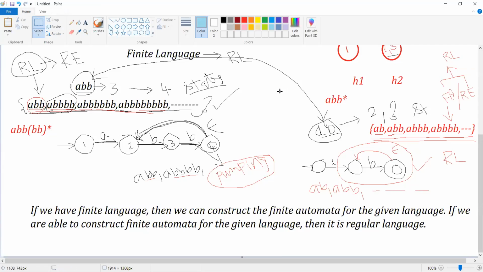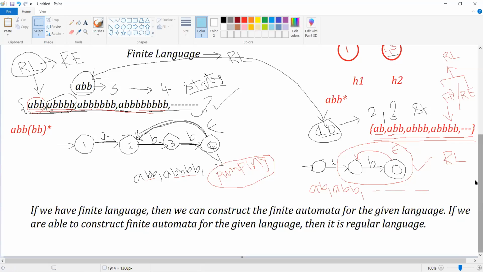The thing I want to tell you is that when we have infinite languages, depending on the length of the string, if you want to accept a string of length n, you can't design a finite automata with n plus 1 states.